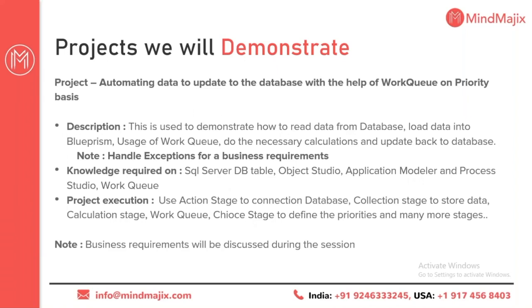There is a concept called work queue, a very, very important concept. If you are working in real time, or are going to work in real time, this concept is mandatory. Working with work queues and defining priorities, what a work queue is, all of that is the prerequisite for this. This is used to demonstrate how to read the data from the database, load it into Blue Prism, assign it to the work queue, prioritize it, do the necessary calculations, logic and rules, and then send it back to the database